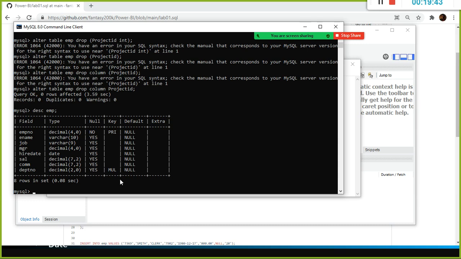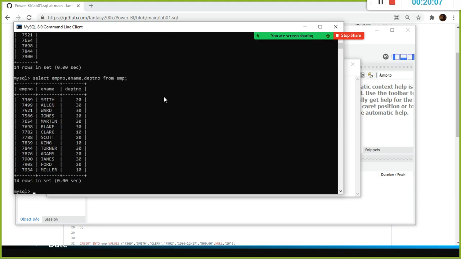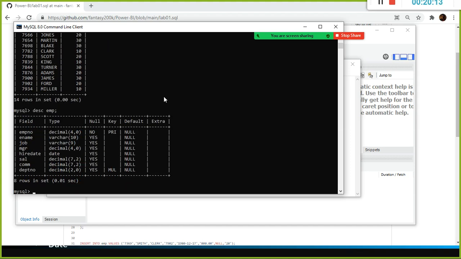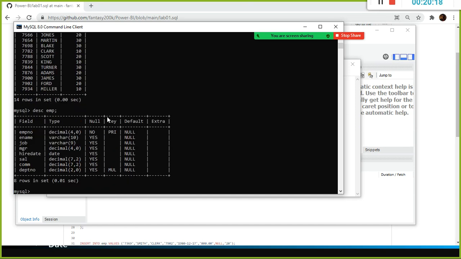So this is how you can add a column and drop a column. And also if you want to subset the data, for example, if I say EMP number from EMP, this is to subset the columns. I don't want all the columns, only one column I need. This is how you can select it. And EMP number, e-name and depart number from EMP, only these three columns I need to select. But if you look at my table, you will have so many columns, and we don't want to select all the columns. Specific columns alone you can select.